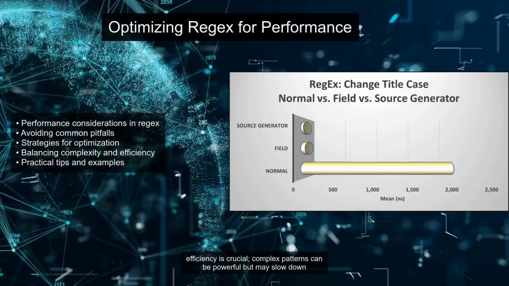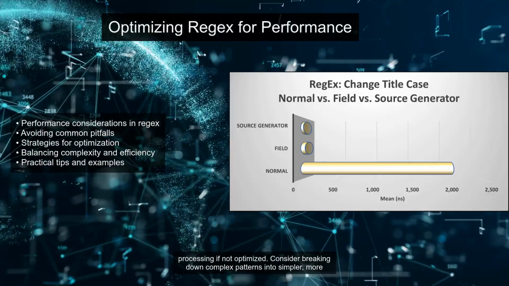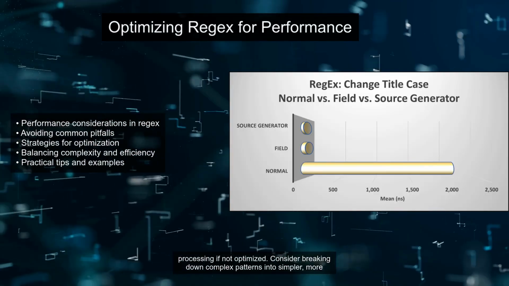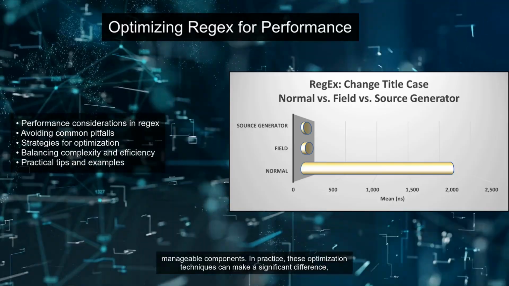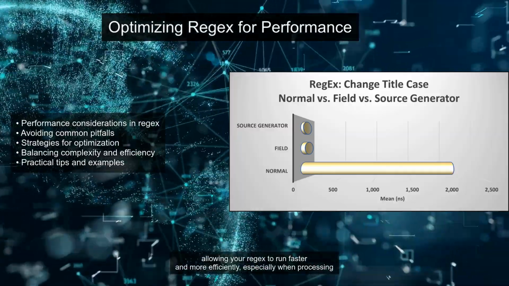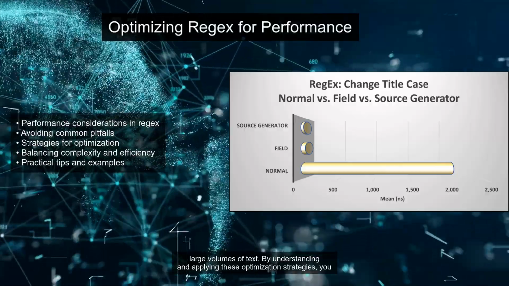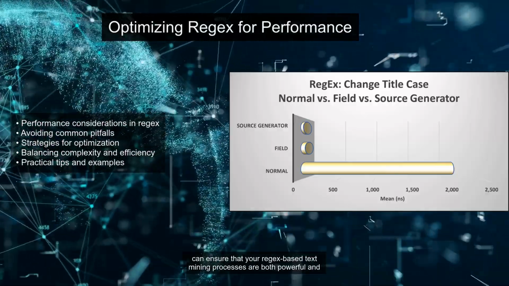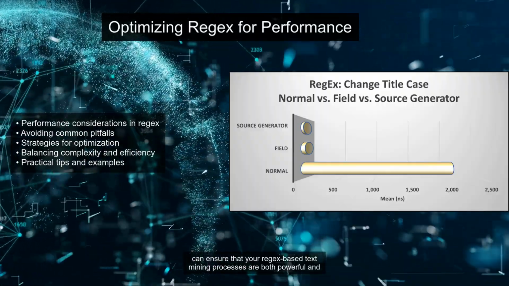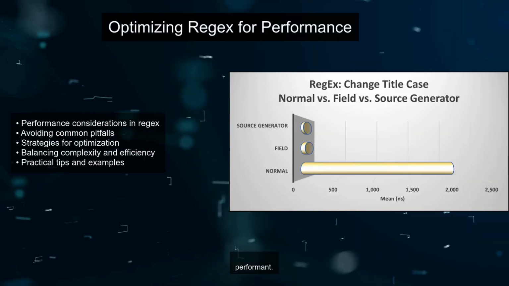Balancing complexity and efficiency is crucial. Complex patterns can be powerful but may slow down processing if not optimized. Consider breaking down complex patterns into simpler, more manageable components. In practice, these optimization techniques can make a significant difference, allowing your regex to run faster and more efficiently, especially when processing large volumes of text. By understanding and applying these optimization strategies, you can ensure that your regex-based text mining processes are both powerful and